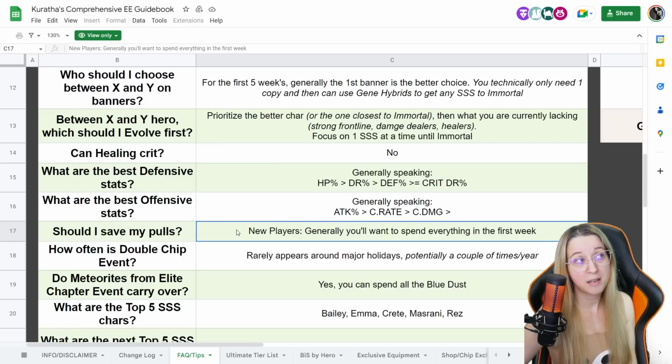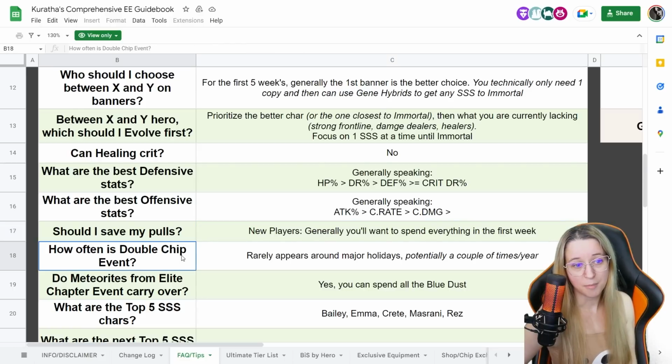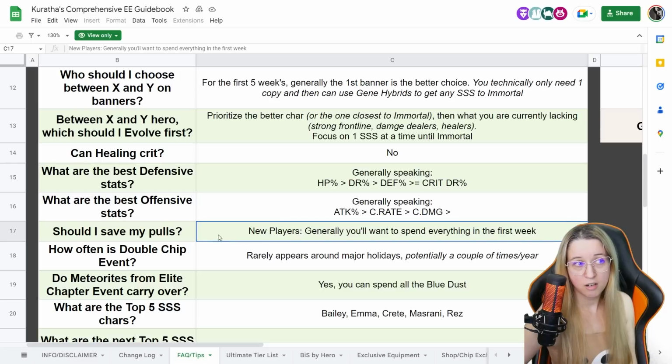I mean, you might get an event that's like use 1 or 2 limited tickets. Okay, use them. But there's no reason to pull on the first week. It's going to benefit you so much further to wait until the double chips. Would you rather spend 80 chips and get one gene hybrid, or pull 80 and get 2 gene hybrids? Would you rather pull 200 and be able to get 400 worth? It's so much, you know what I mean, when it comes to the chips.